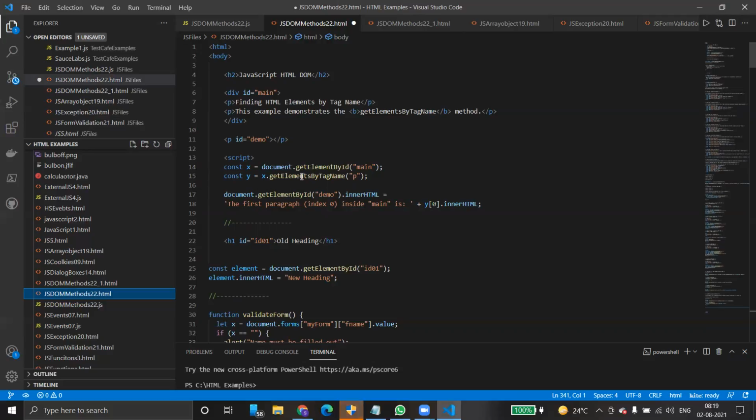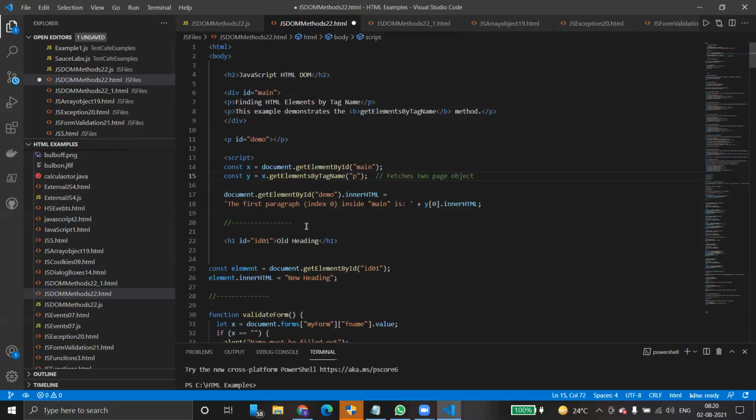Y of 2 elements it fetched, right? See here we have used find elements, not find element. Find elements by tag name returns, fetches 2 values, 2 page objects. Right, we have 2 page objects. That's why it returns 2 page objects. Index of 0 means this is the one. Finding HTML element by tag name, it just assigns those values.